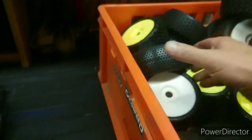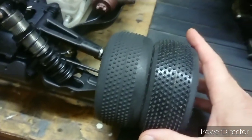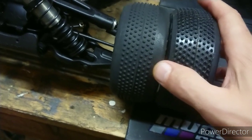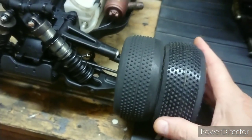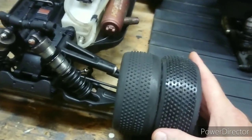And also I have them with the softer inserts, and haven't run these that much, because with this it is the same. I prefer the harder inserts. So yeah, I've been testing a lot,